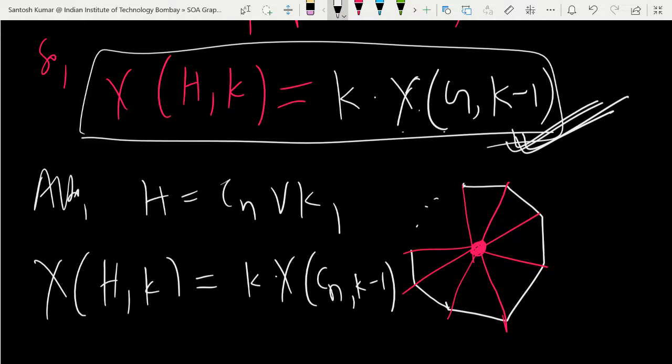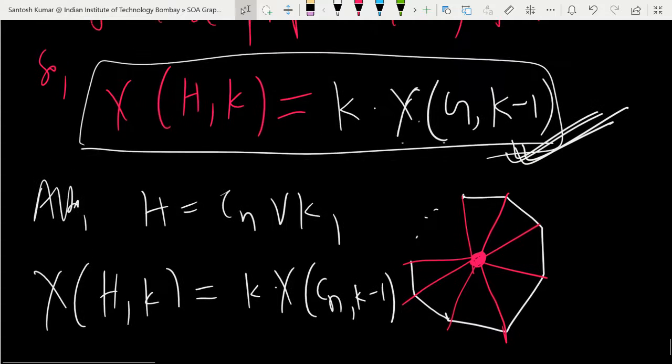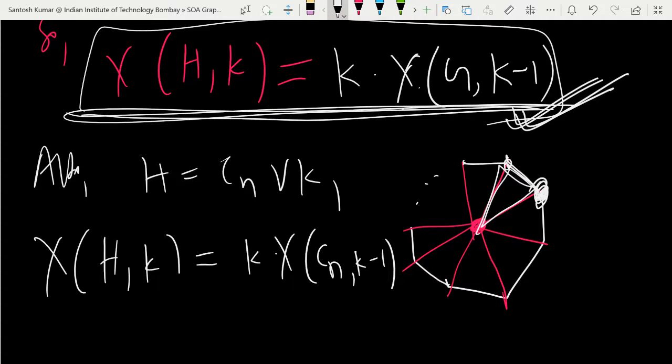So this formula, because we established this due to that, because there may be some other way of coloring, so we have to count that, which will create a problem, okay? So for C4 we counted, okay? This is Cn, so that will make a problem, because it has some more restrictions, this is a cycle, no? So that will create a problem. So we don't have to count in that way, we have to use this formula, okay? So K times the number of ways of coloring of Cn using K minus 1 colors, okay?